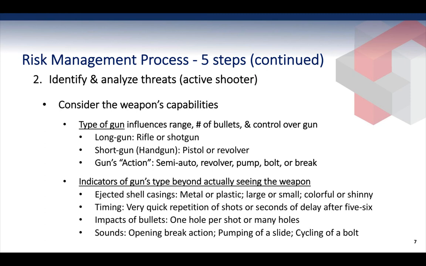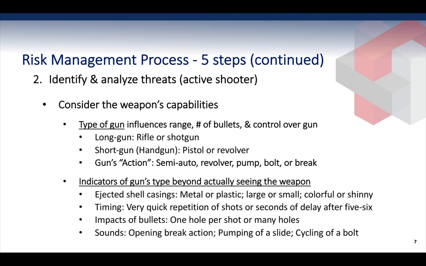rapidly the shooter can fire, and to some degree how accurately, because a rifle is typically going to be more accurate at distance than a shotgun or a pistol. But another factor is that a long gun may be easier to wrestle out of the suspect's hands, or to divert the barrel away from yourself if you're close, than would be true of a pistol. But ideally, you don't want to get so close that you're able to actually see what weapon is in the suspect's hands. So, what are the indicators of the type of gun that don't require you to actually see the